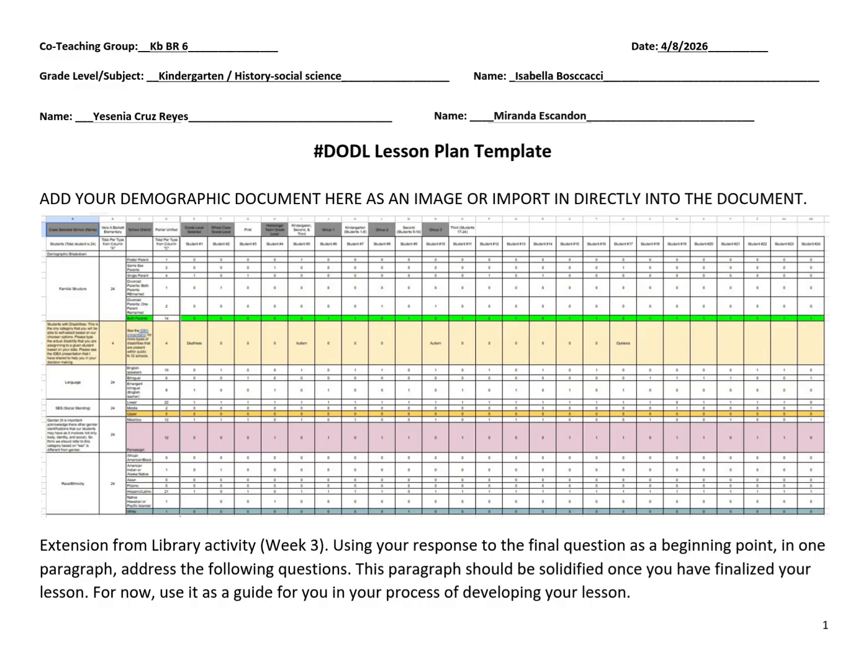I'm Isabella Boscacci, and I'm going to walk you through our lesson and explain not just what we created, but also why we made some of the instructional choices that we did. Our lesson focused on kindergarten students learning about commemorative holidays and understanding the people and events that they honor. Throughout this presentation, I'll also be connecting our lesson back to culturally responsive teaching, UDL, equity, assessment, and also